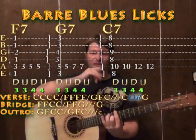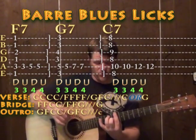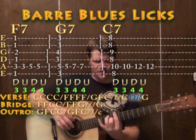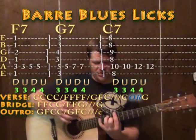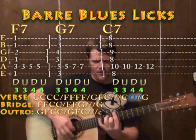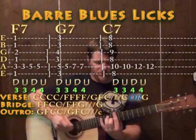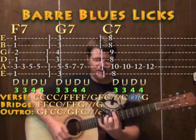So if we tried that lick through, what I'm doing is down up with the chord shape, and then taking the pinky to add it on the A string and going back down. So finger-wise, I'm getting the sound from my 3rd finger on the A string and then the pinky on the A string to get that lick. So if we tried that with our licks in the next verse, we'd have C7, C,